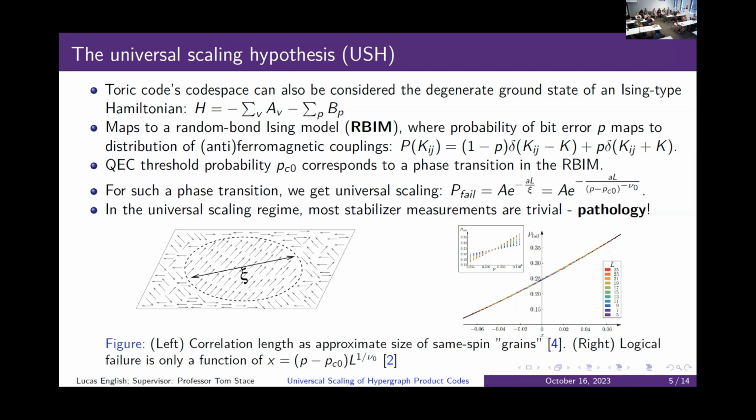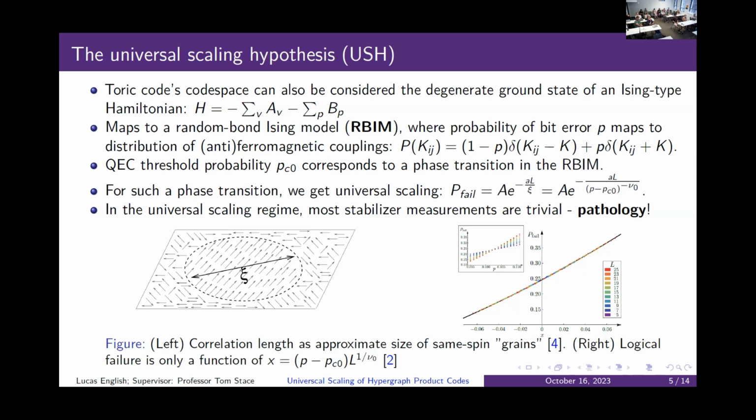And then because we are expected to get exponentially decreased failure rates, we end up with this kind of formula here for the probability of error correction failure. And we get a universal scaling regime. But the problem is, in that regime, when our probability of error, physical errors on each of the qubits